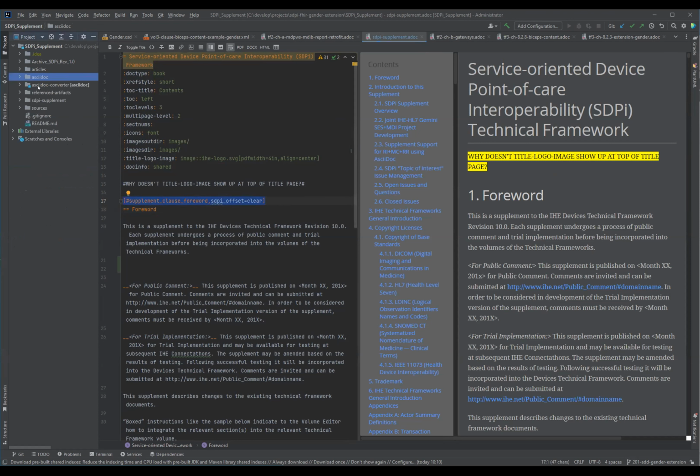As you can see here, there is the AsciiDoc converter, which is a software tool that is able to read in the AsciiDoc files and then convert them into an HTML that has the correct numbering in terms of the IHE requirements. It performs checks like verifying the requirement keyword levels, or verifying that requirement numbers aren't duplicated and stuff like that. And this then generates an HTML output, which is close to the final